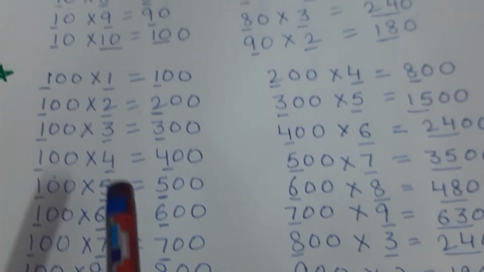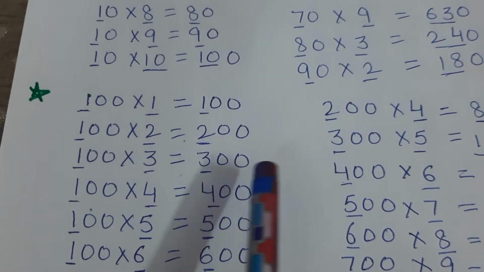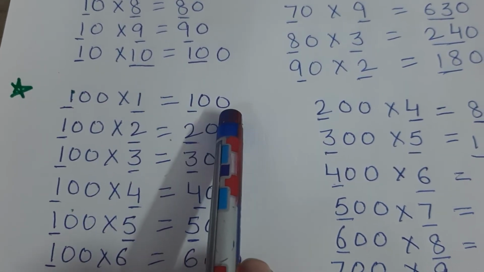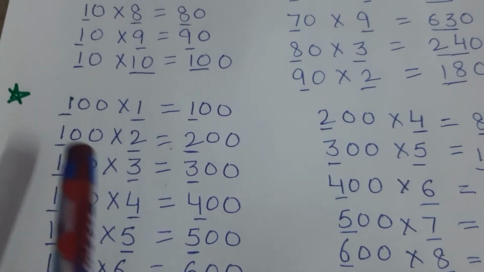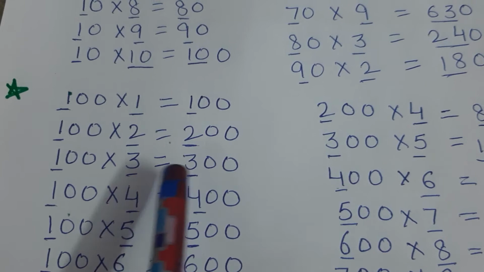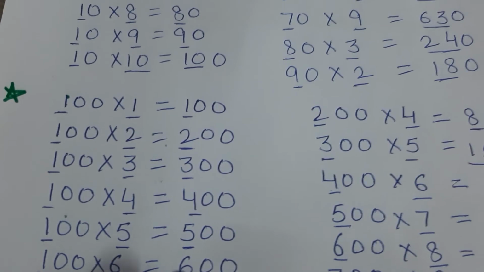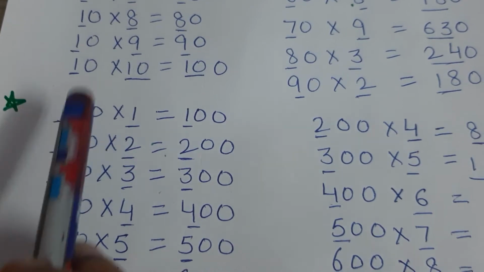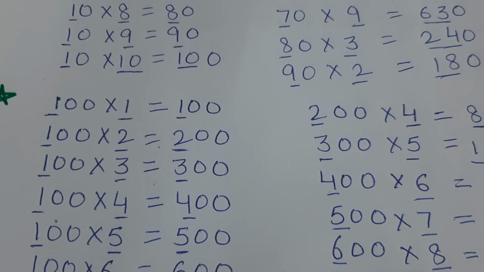1000. So again students, if you observe this table, again you are writing just the ones table and you are putting these two zeros everywhere. So 1 two is 2 with 2 zeros, 1 three is 3 with 2 zeros, because here now we have 2 zeros. Similarly, if we have 3 zeros, we will write 3 zeros here. If we have 4 zeros, we will write 4 zeros everywhere. So this is the hundreds table.